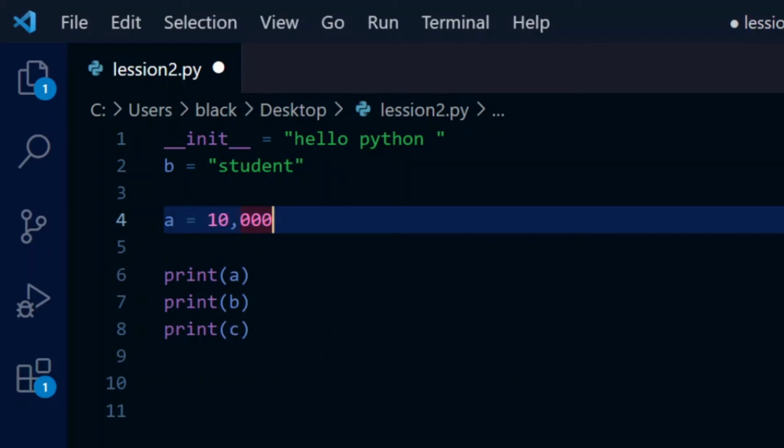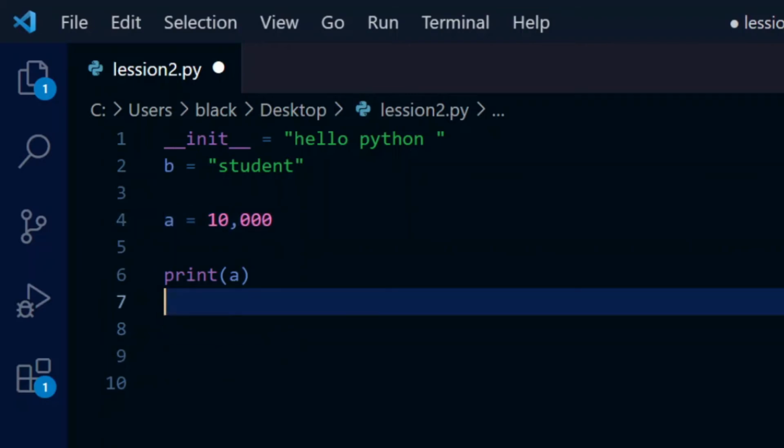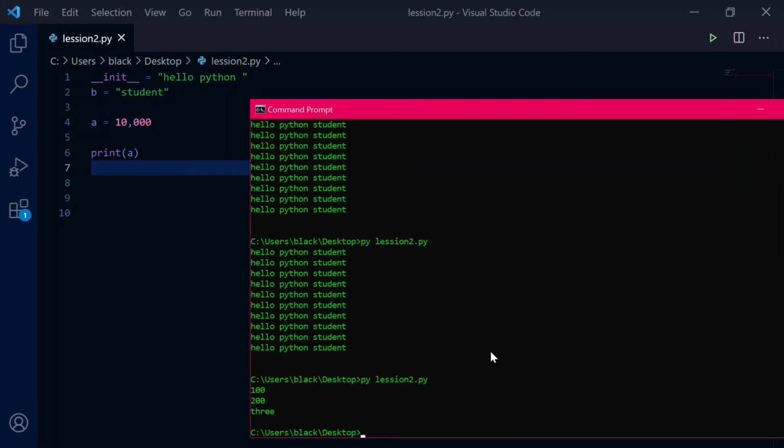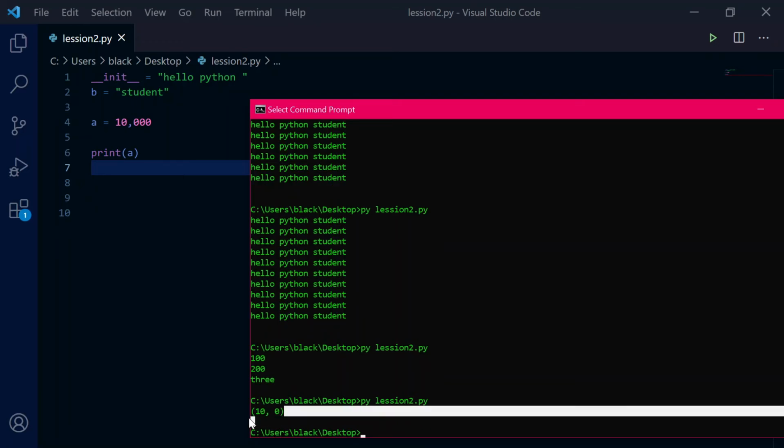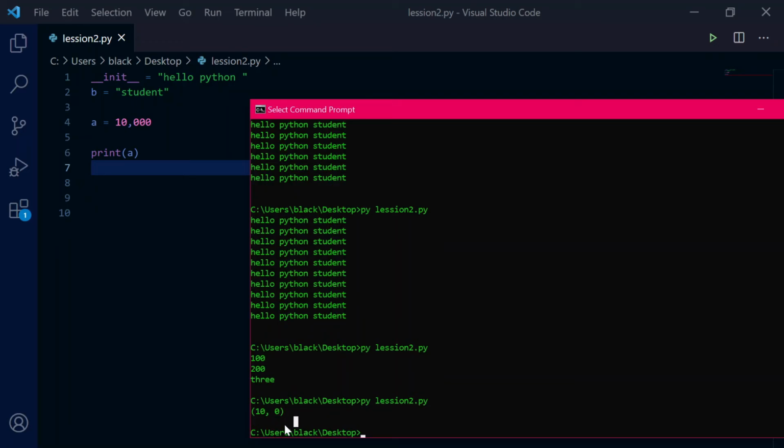Actually, it is called a tuple, which I will be teaching you in the next videos. If we try to print out A, it is not the result that we expect. It will be displayed as this. This is called a tuple, and this is not 10,000.